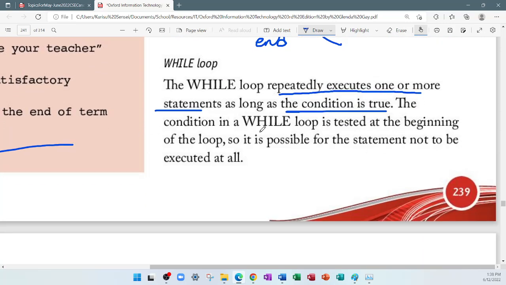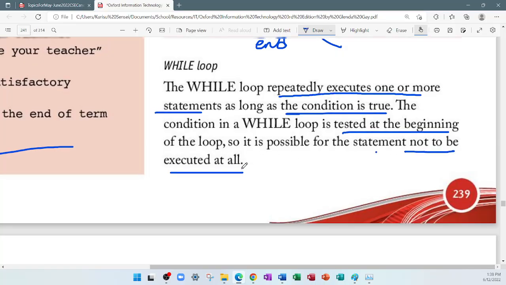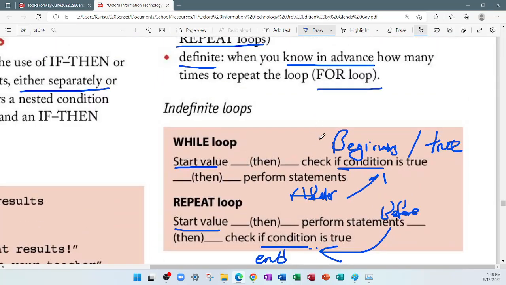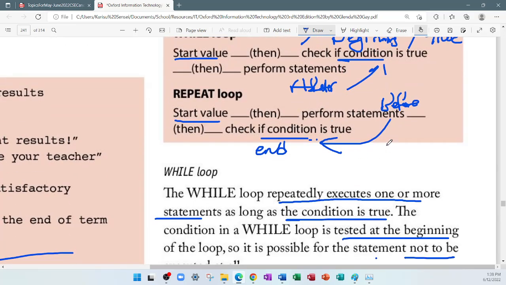The condition in a while loop is tested at the beginning, as I mentioned already. So it is possible for the statement to not be executed at all. So that's another difference there. How many times can the while loop run for? It's a possibility that it would never run. So it's a possibility that it can run for 0 times. That's a possibility there. Now for the repeat loop,